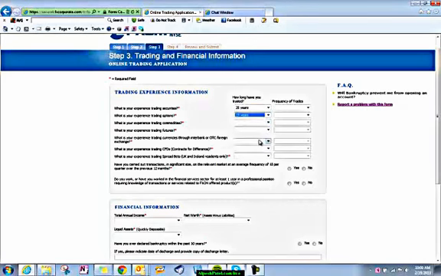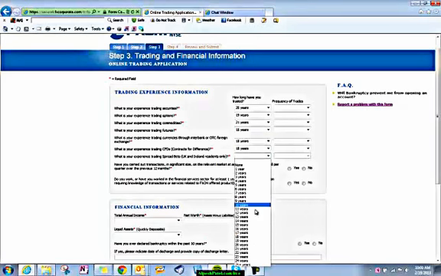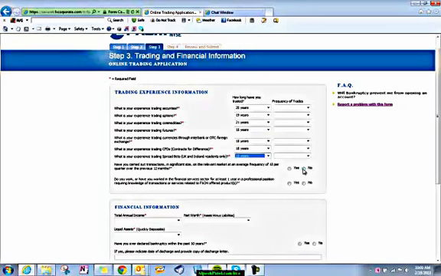I'll just randomly fill this in for now, for the simple reason that I just want to show you how it's done. And it goes through all of these. As I said, of course, you wouldn't fill it in now, but you fill it in accurately. I'm just doing this to show you how straightforward and simple it all is. But what we would tend to do is give the broker an idea of how frequently we trade,